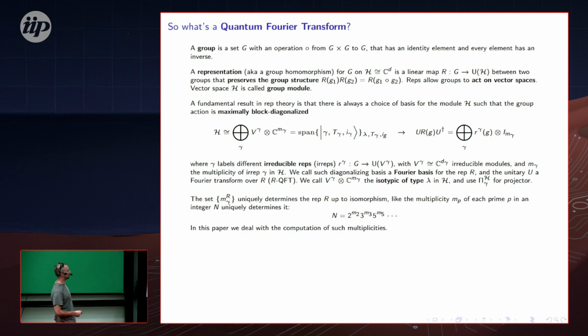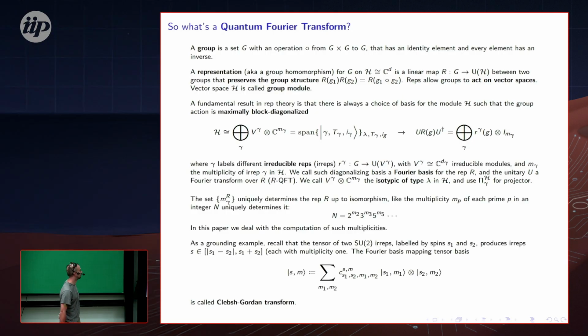In this paper, we will deal with the computation not of the multiplicities of primes, but the multiplicities of irreducible representations. As a grounding example, for physics people, recall that if you tensor two SU(2) irreps labeled by spins, spin S1 and spin S2, you produce new irreps of spin S in a range of possible spins, each with multiplicity 1, right? The Fourier basis maps the tensor basis, S1, M1, S2, M2, for M1 and M2 projections of spin in, for example, the Z direction,